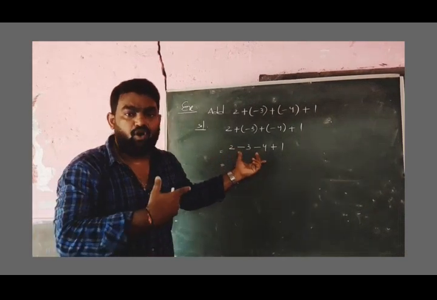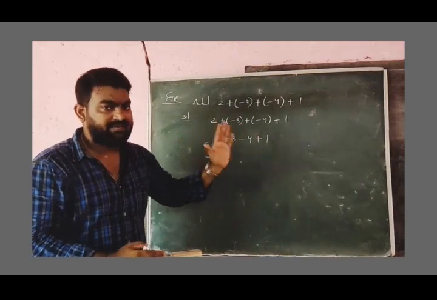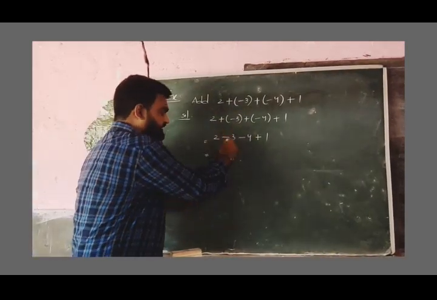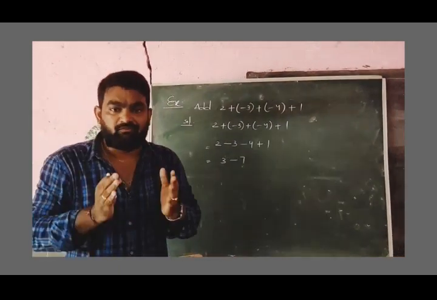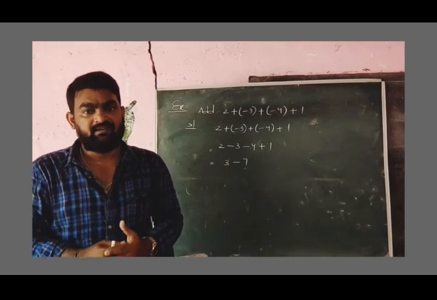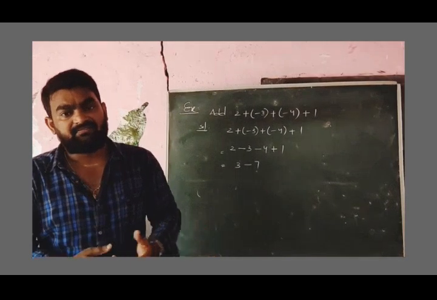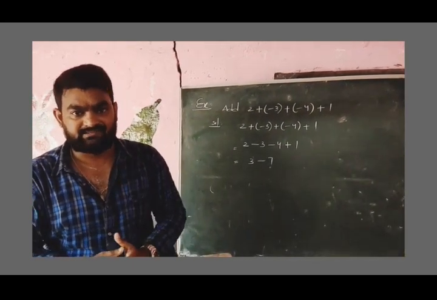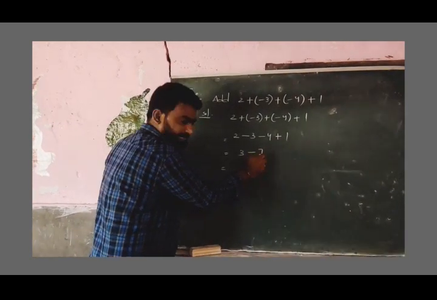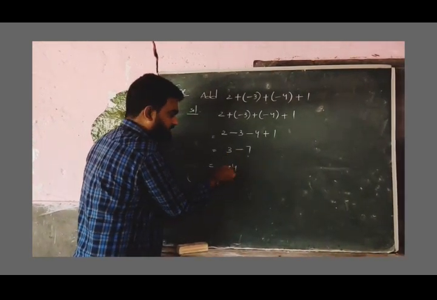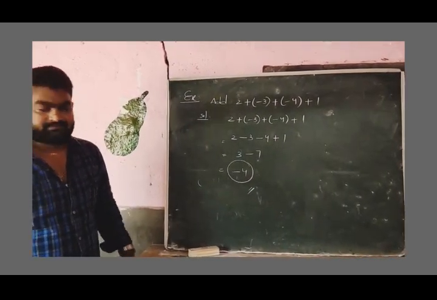And we have to make all negatives as one negative. Here minus 3 is negative, minus 4 also negative. By adding both the negatives, minus 3 and minus 4, we get minus 7. So finally we have only one positive and one negative. And already I explained, we subtract the smaller number from the greatest number, and then apply the symbol the greatest number has. So 7 minus 3 is 4, and 7 is the greatest number and it contains the symbol minus, so the answer will be minus 4. Clear? Okay.